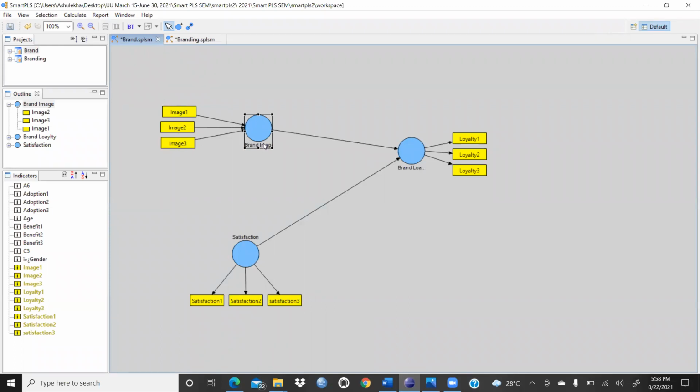Brand image might depend upon, let's say, image one on the basis of the product, on the basis of the price, the promotion, and the distribution. It depends upon all these parameters, and those are making this brand image. So I have converted this model. The rest of the models are reflective, but only one construct is formative.